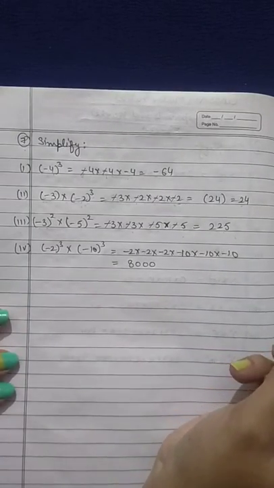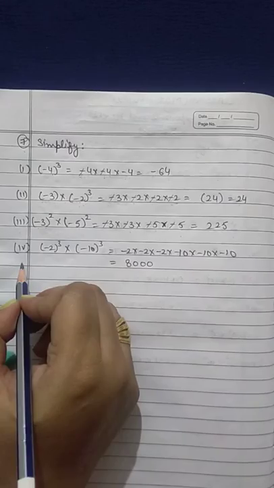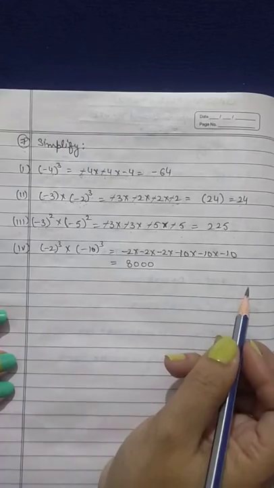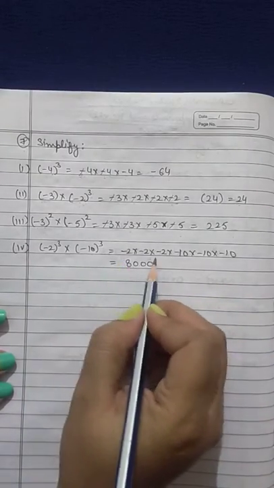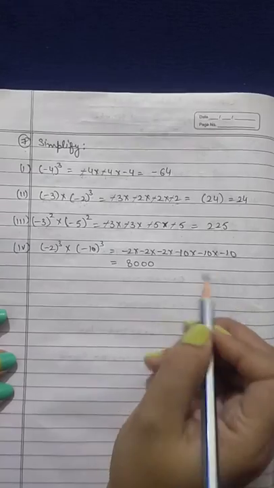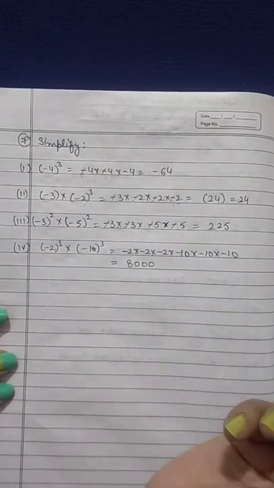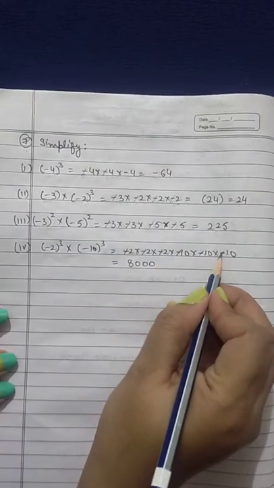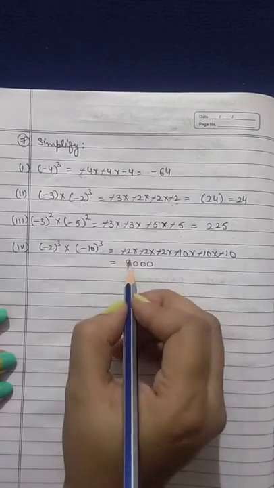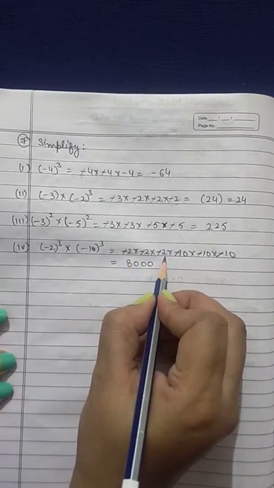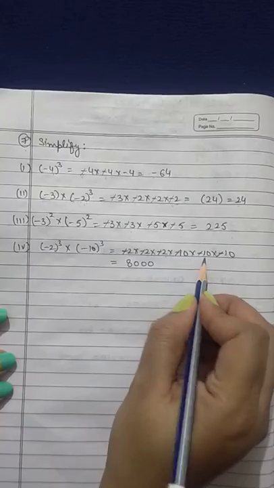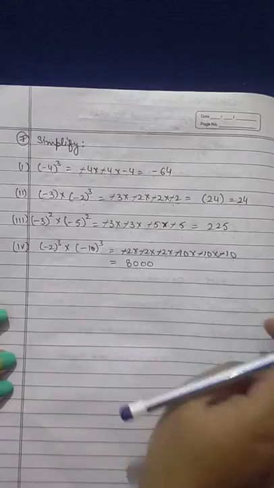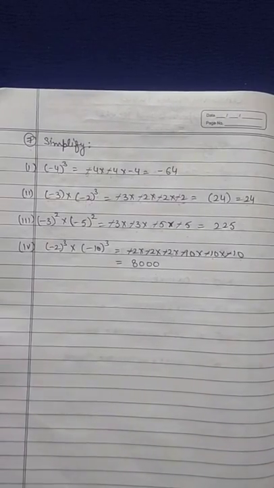Fine. In the same way we can simplify the next part. We are having minus 2 raised to power 3 multiply minus 10 raised to power 3. Open the brackets. What we got here? We got here minus 2 3 times and minus 10 again 3 times, and we are having negative signs. So what we'll do? We will cancel the sign. Negative negative will be cancelled. Here both will be cancelled, negative signs, and these also negative signs will be cancelled. Then we multiply 2 multiply 2 multiply 2, that is 8. Then this is 10 multiply 10 multiply 10, that is 1000. So this is 8 into 1000, that is 8000. So in this way you can simplify these type of sums.